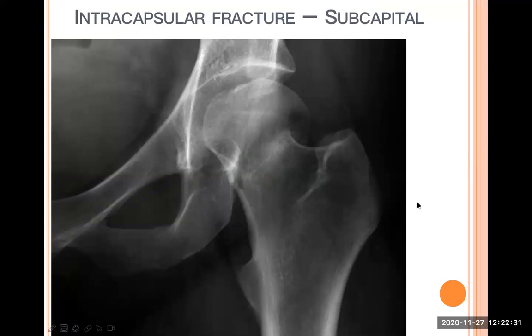Now see it very carefully. Can you see any fracture line there? Can you see it or not? Don't look at the headings of the slide. That is not the way. You have to find it by yourself. Can you see any fracture line there or not? Sometimes